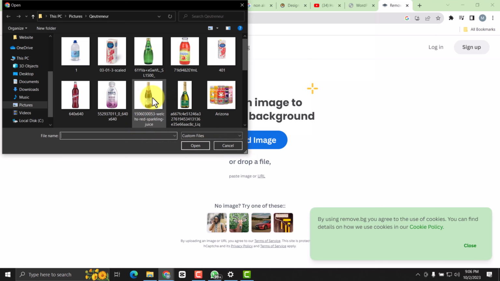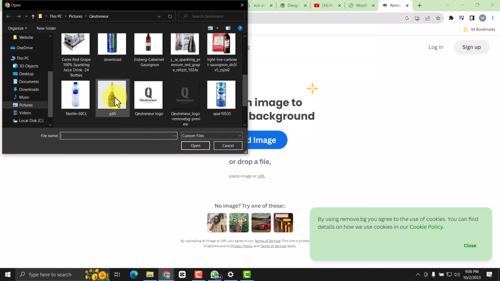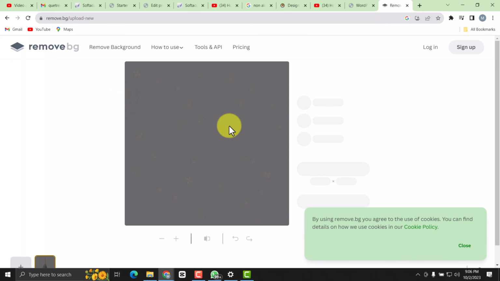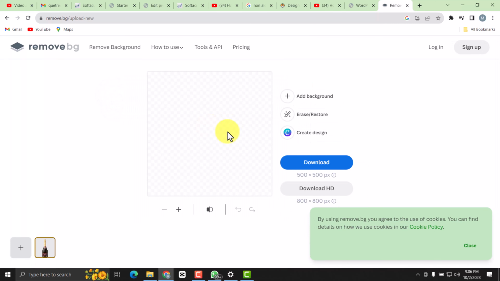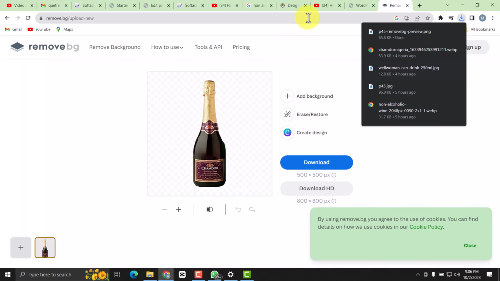Okay, I think, where is it? Yep. And as you can see, it has removed the background of the image for us. So I'm gonna click on download, and it is downloaded. So I'm gonna come back to our